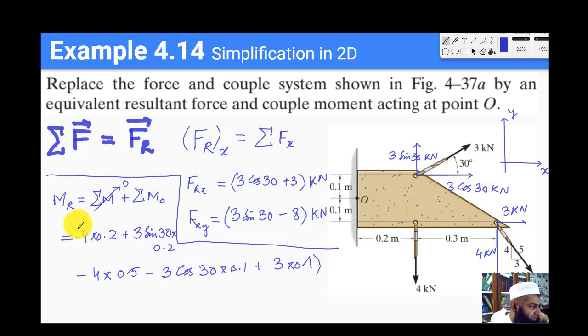And because all of these things are given in kilonewtons and meters, we get the unit of kilonewton meters. Again, the resultant force is just a sum of all the forces, and the resultant moment is the sum of all the individual couple moments and the sum of all the moments produced by moving all the forces around. So we get a term for moving every single force. When we have resolved this force into its x and y components, we get 5 forces.